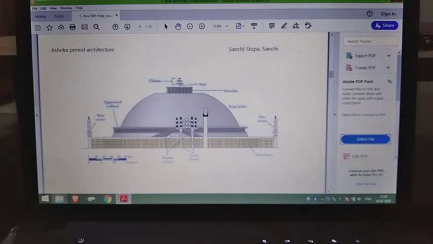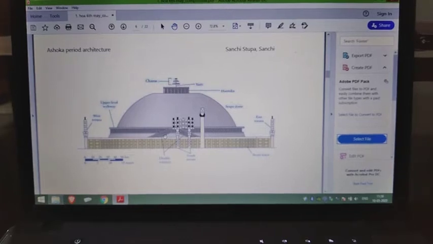I think it's probably the first known example of brick architecture as far as ancient India is concerned. There must have been more, but all we can see is remnants of it. This is probably the best preserved structure in the last 25 centuries, I think. Yeah. So the fencing is of stone, and the main structure is made of brick. Now a lot of historians have said that the buildings which were made before this were made of wood, but as far as I have studied, I couldn't find anything in particular that I could attribute to wooden architecture. But let's say for the sake of argument, this is how it is, right?